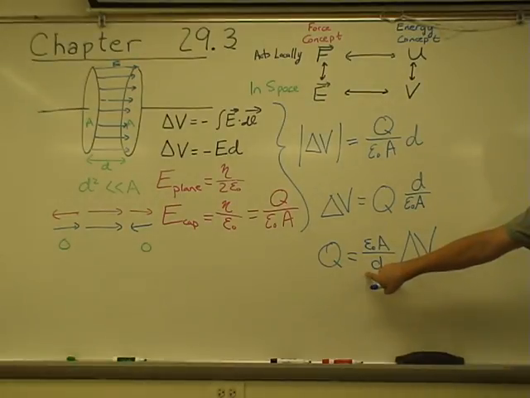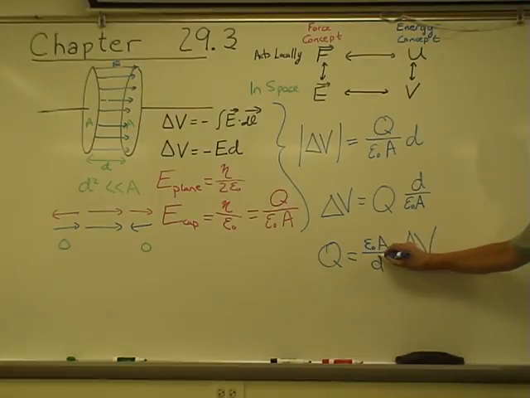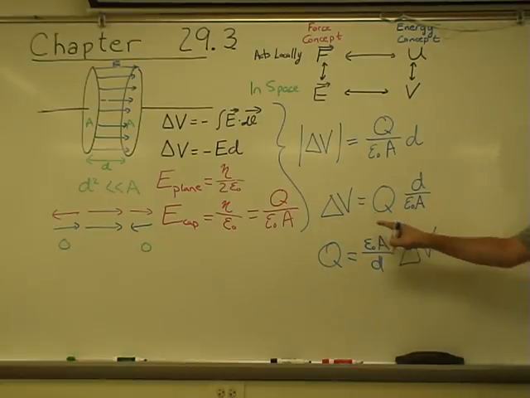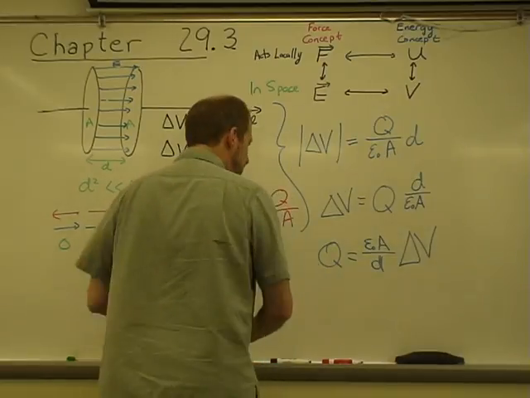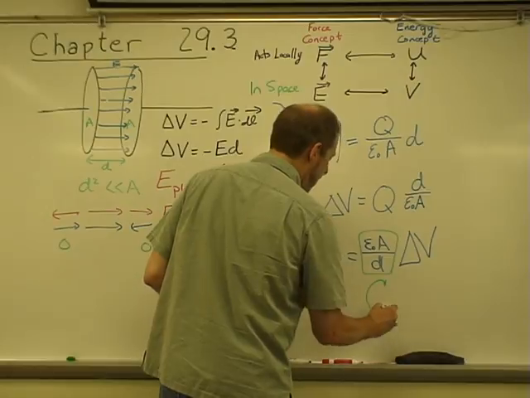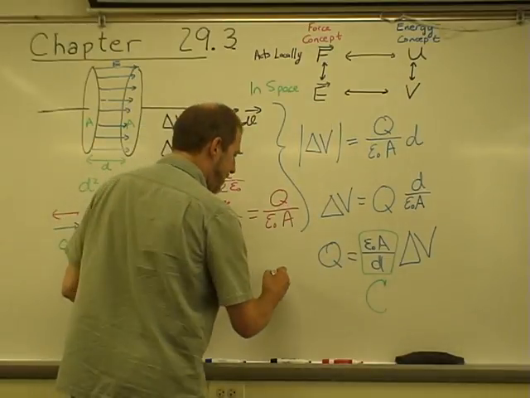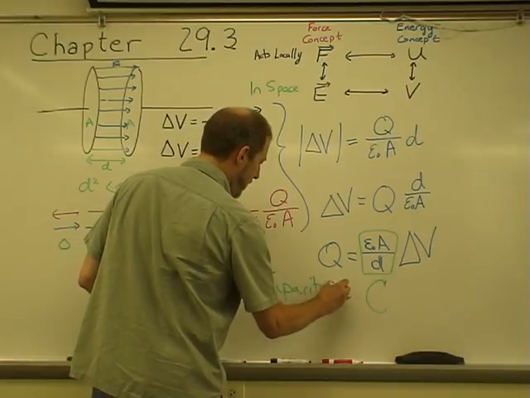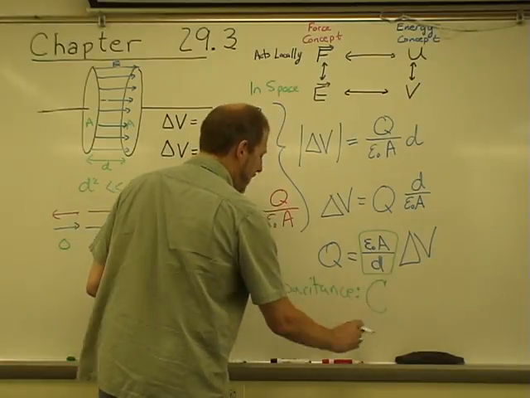Now, this is cool because this section right here depends only on the geometry of the system. You know what this number is at the factory. And so I can take this number and define it as the capacitance C